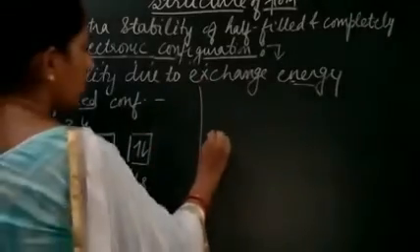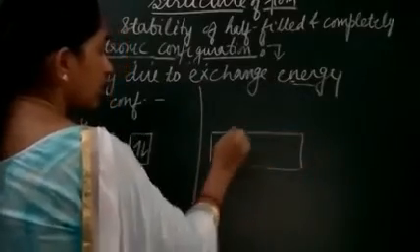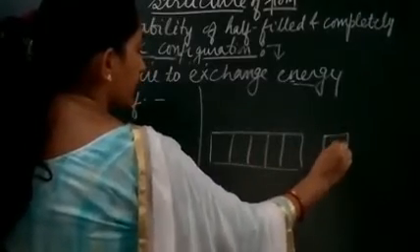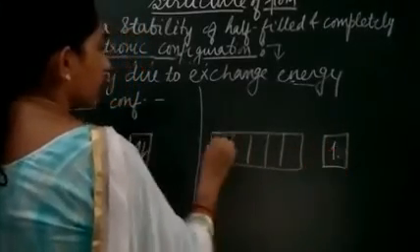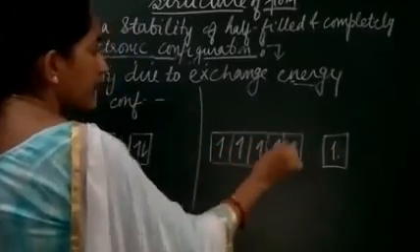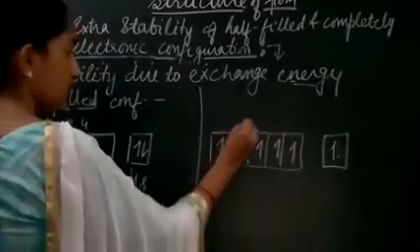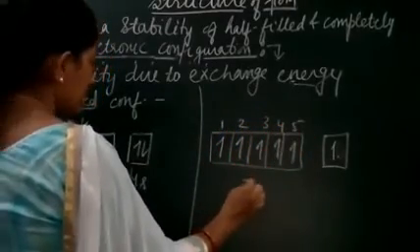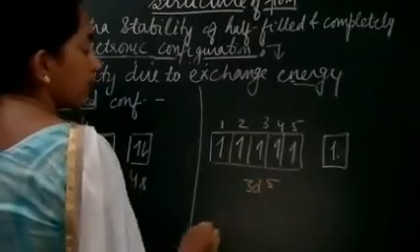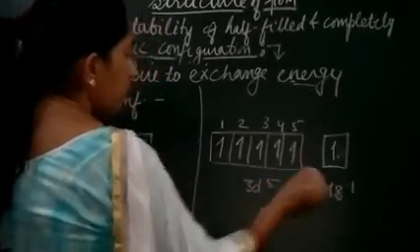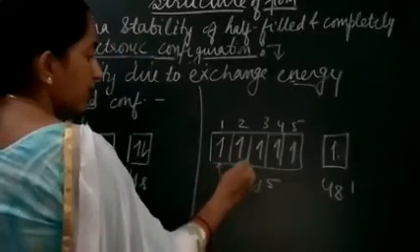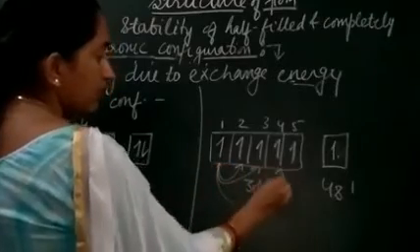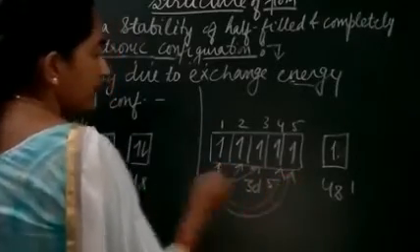Now student, if we have got 1, 2, 3, 4 and 5, just find out, this is 3D. First electron, second, third, fourth and fifth. This is the 3D subshell having 5 electrons. This is 4s1. So how many possibilities? 1 with 2, 1 with 3, 1 with 4 and 1 with 5.